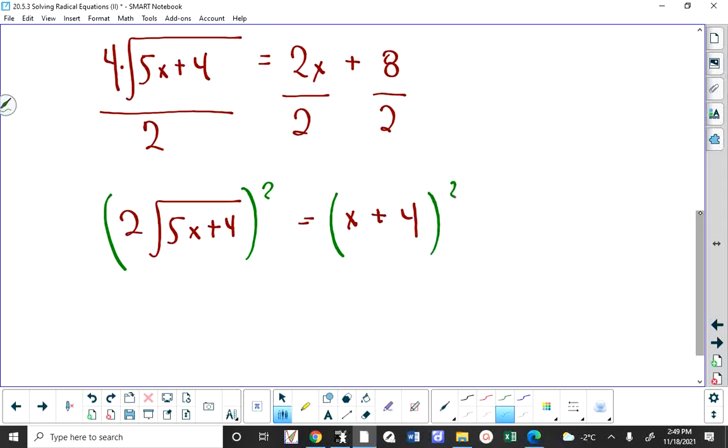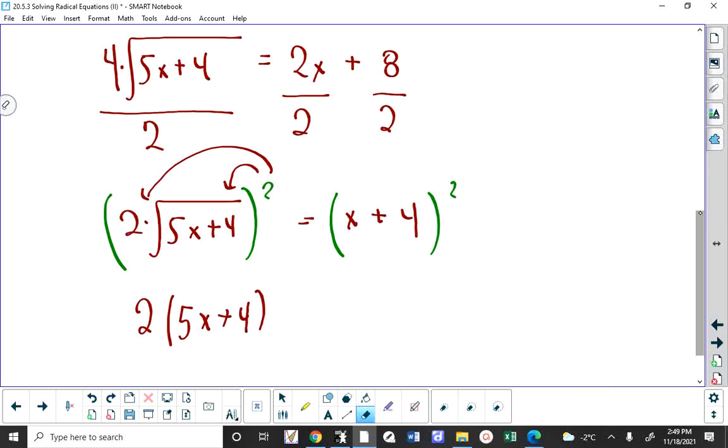Squared, squared. So how do I square 2 times root 5x plus 4? I square the 2, and I square the root 5x plus 4. Because there's a product in here, I'm allowed to toss that squared onto each factor. 2 squared is 4. I square the 2 and get 4, and I square the square root, and the square root goes away. On the other side, of course, I have to think of this as x plus 4 times x plus 4,